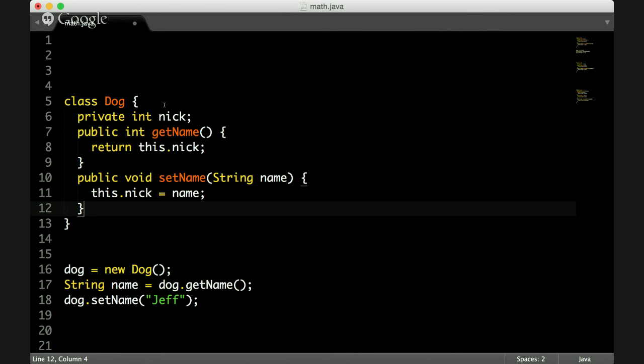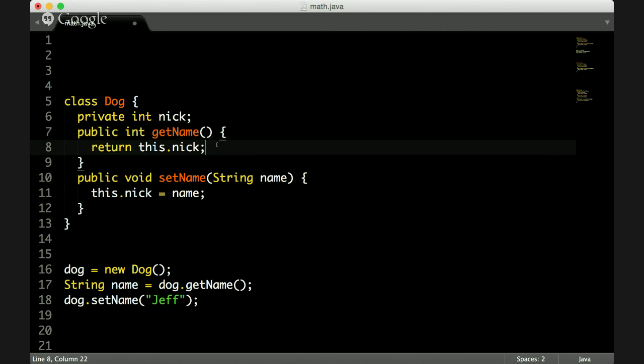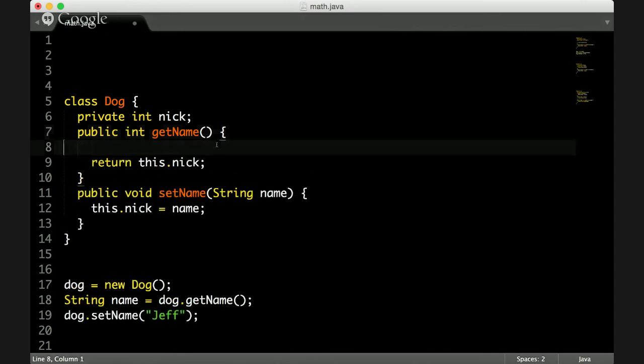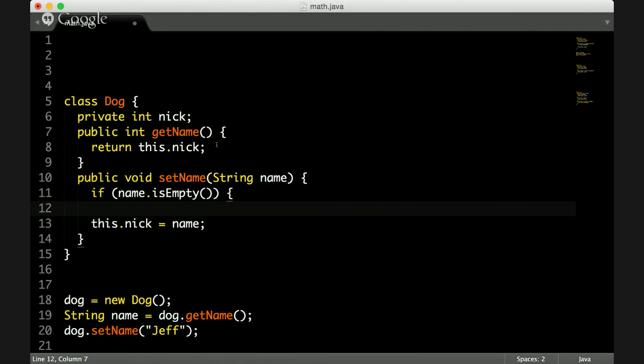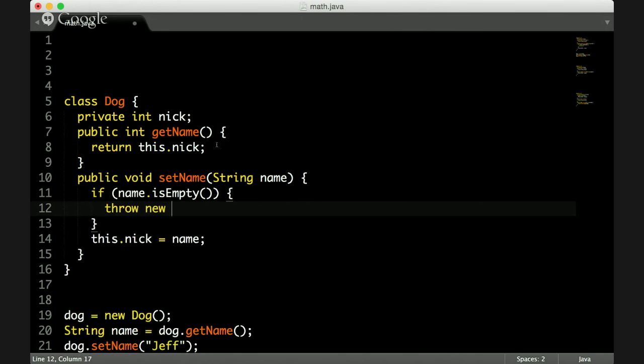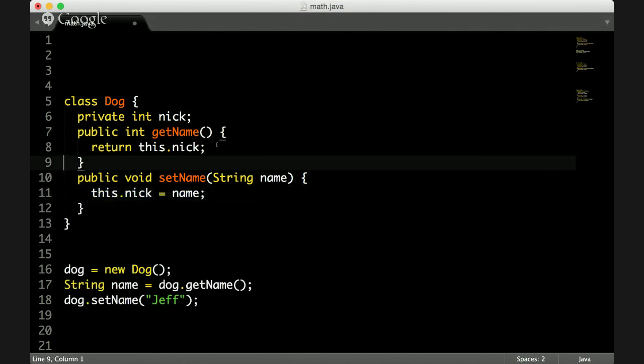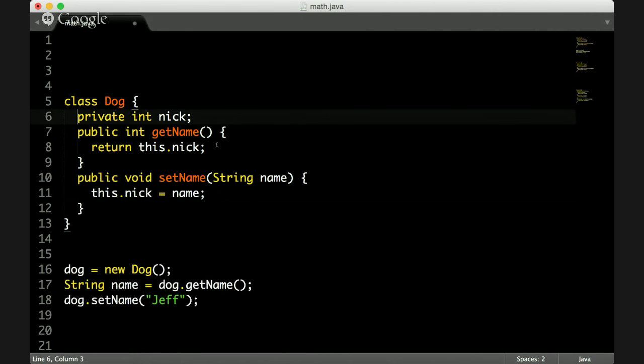That's what this whole thing was introduced for, and it is definitely better than directly accessing the private property of the dog, because in the method we can control what's being set. For example, if the name is empty, then we throw an exception. There's some exception which is thrown if the name is empty. We can't do that if we let everybody access the nickname directly. That's all true. So now we understand what it is, and we know what these getters and setters are for.